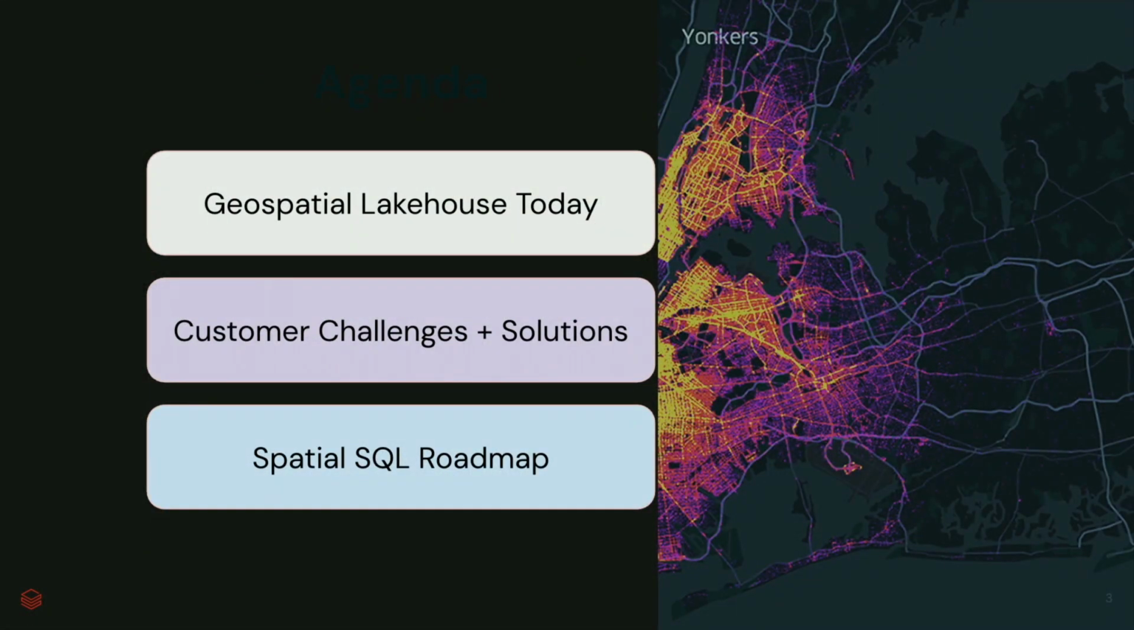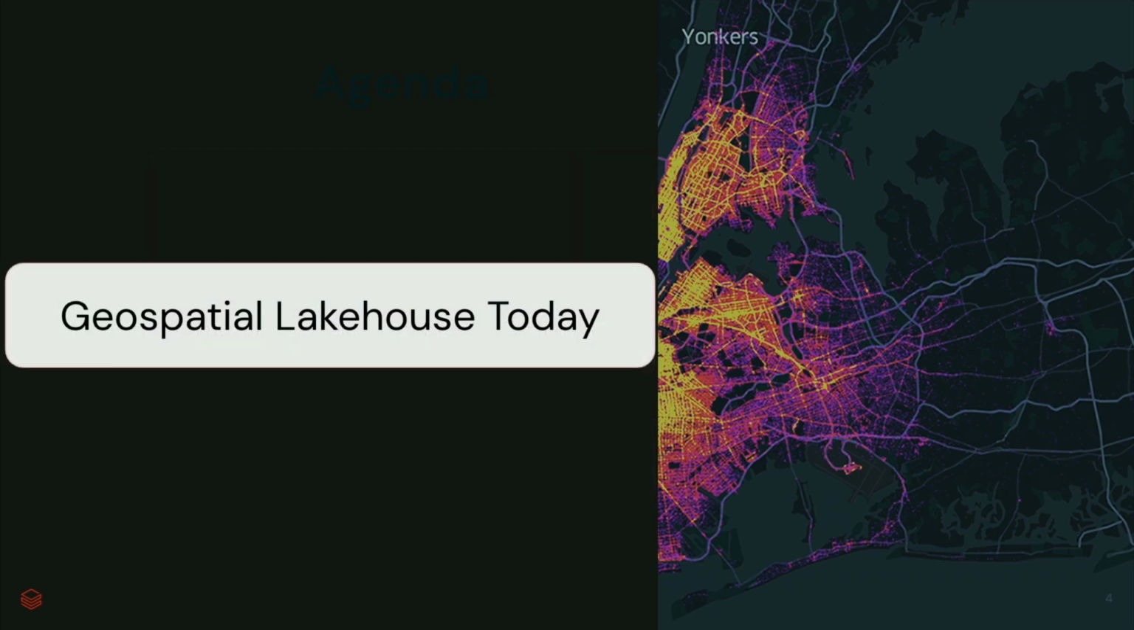All right, in this talk, we're going to cover three main topics. Kind of an overview of where we're at today, the geospatial lakehouse today. Michael's going to talk through some customer challenges and solutions and successes. And then I'm going to talk about our spatial SQL roadmap, make sure we're all on the same page with where we're at with some of the native capabilities in the platform. All right, first topic,